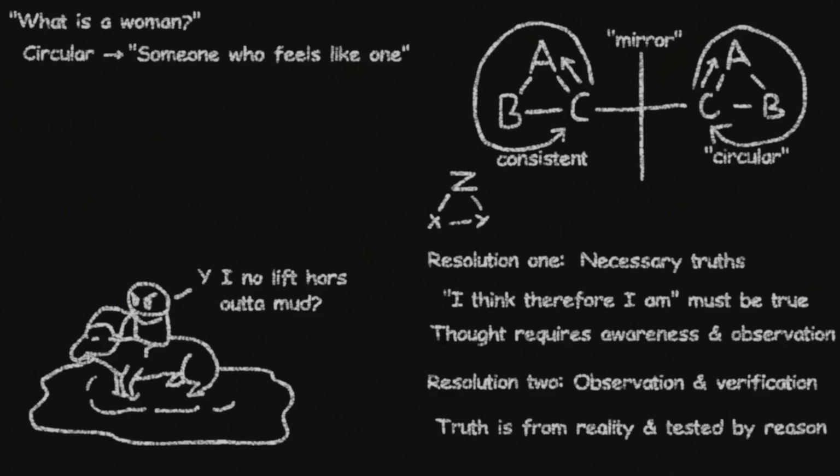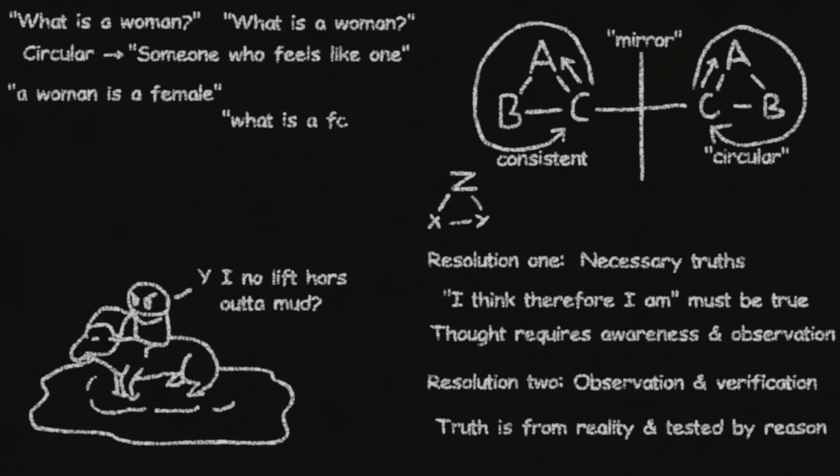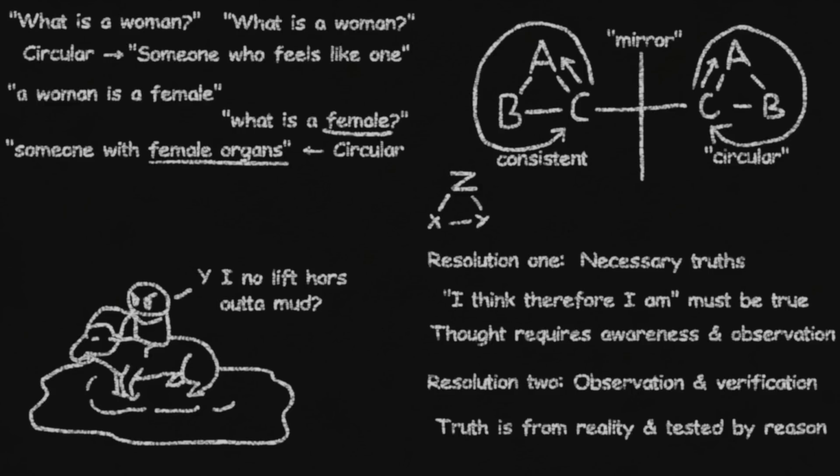The issue, however, is that this immediately came back to bite conservatives because leftists realized that they could just turn around and ask the same exact question. They would ask, what is a woman? And then conservatives would say a female. Leftists would ask, what is a female? And conservatives would reply, a person with female reproductive organs. To which the leftists, using the poor standards of the right, would claim their victory. Here we define woman as a female, and we then defined a female in terms of being a female.